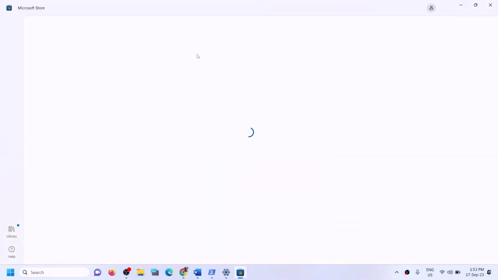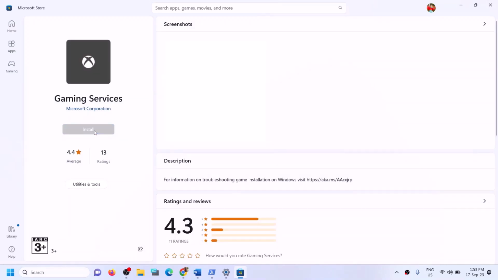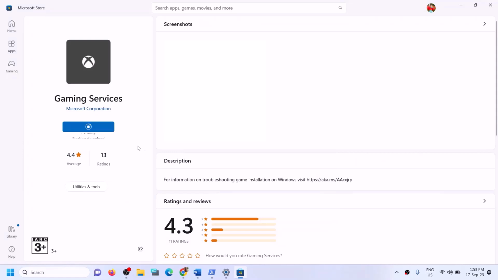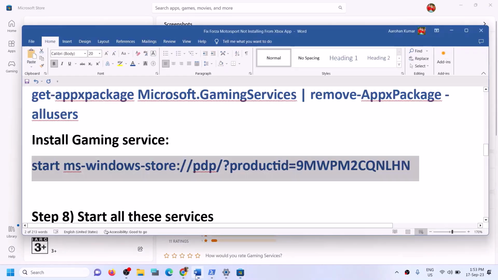And on Microsoft Store, you will see Gaming Services, and it will give you an option to install it. So click on Install, click on Yes to allow, and let the download complete. Once Gaming Services is installed, you can try to install the game. If you're still facing the problem,